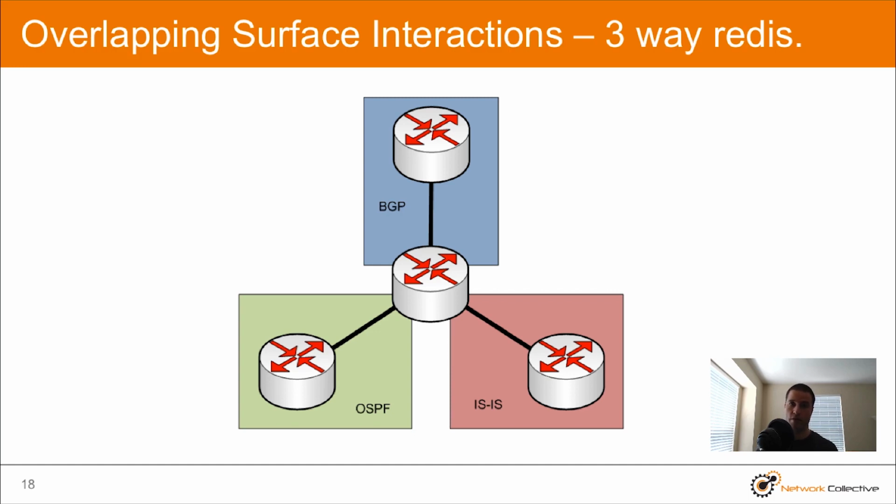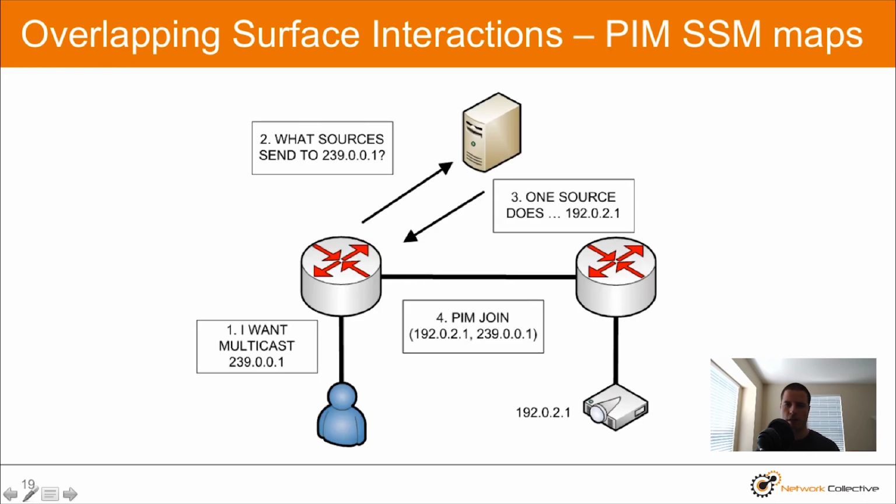I know I said earlier that the depth is measuring the surface interaction between 2 things. I did that mostly as a simplification. It can certainly be more than 2 if there are multiple interactions at one particular device. Viewing it as a chain of steps though, as we looked at in the previous slide, can be good to try to see in your mind's eye how the process works, but do keep in mind that there could be multiple overlapping surface interactions. This example is really easy, but let's look at a more complicated one